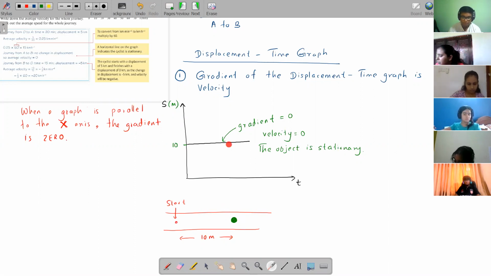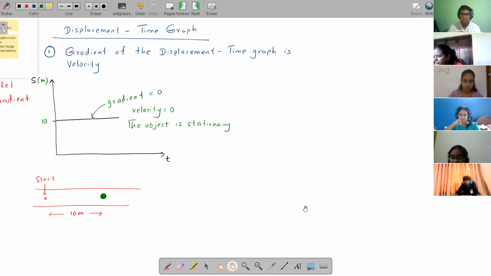Do you understand the real meaning of the graph now? Time is going. This guy is staying in one place. Understood? The time is moving, but this guy is staying in one place. This is the meaning of this graph. So if there is an object, this object is not moving. It's staying 10 meters away from the starting point and just staying there. Okay, children? Let's go to the second graph.